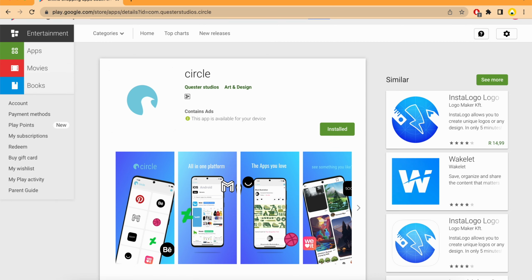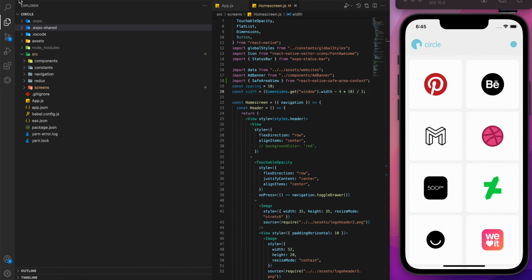The aim here is that it can get really complicated when it comes to creating folder structures. I've seen folder structures whereby they even have atoms, molecules, and templates. You don't need to go that far if you are simply creating a basic React Native app, or in fact any app. But I know that there are exceptions. For example, if you're working in a big team, then you might go to that extent. But if it's only 3 of you or 2 of you and you just want a basic structure that you can have on your multiple projects,